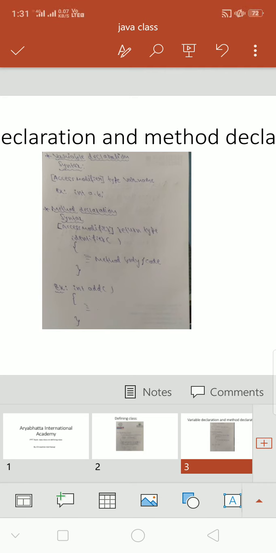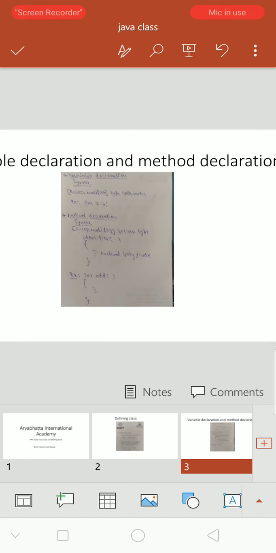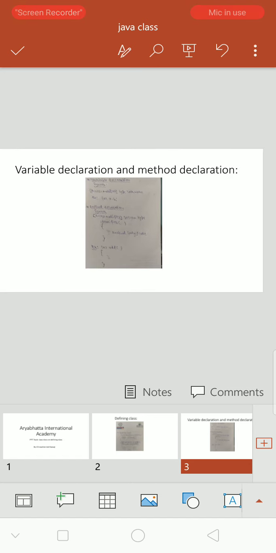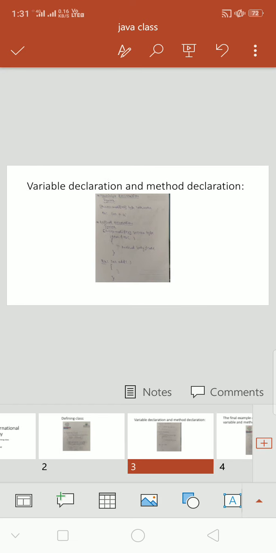Identifier means the method name. It is identified by add here. I used add and parentheses. Now int add, curly braces opened, inside that the method body or the code, like for adding, a plus b, that is the code. Okay, this is about variable declaration and method declaration.